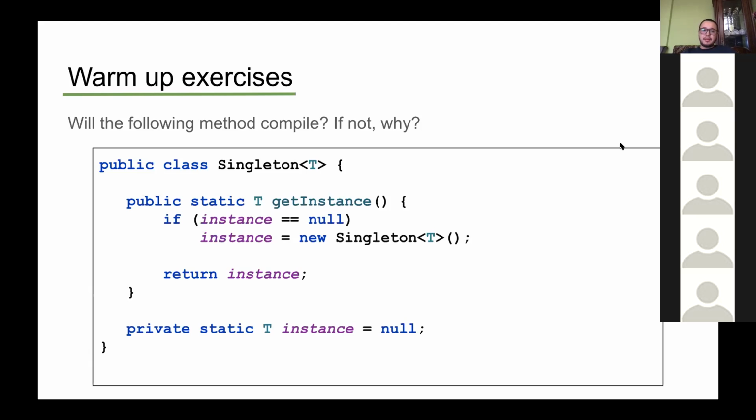Yeah. Thanks for the clarity. So this is the singleton design pattern, but I would object to your opinion about compilation. I say that this class cannot be compiled. And can any of you